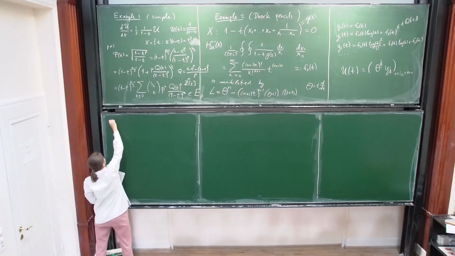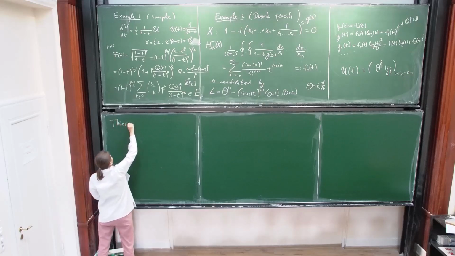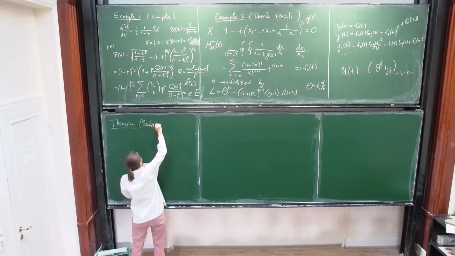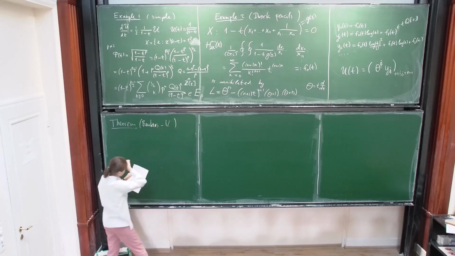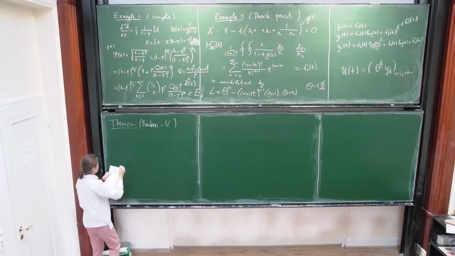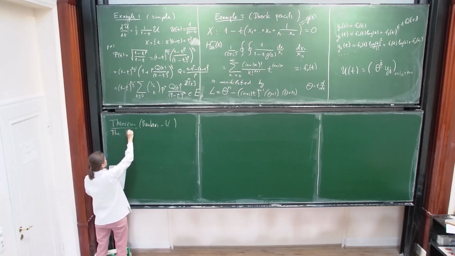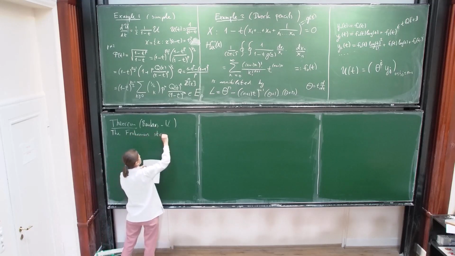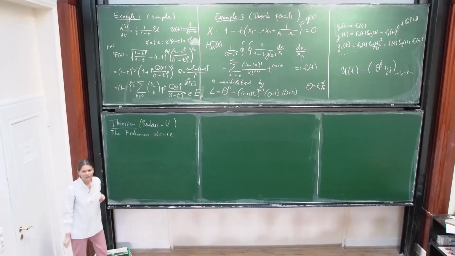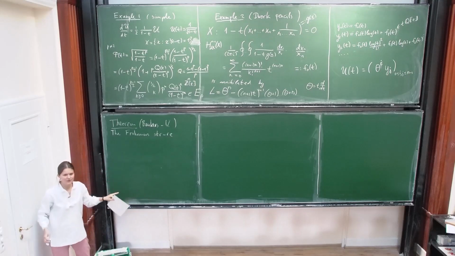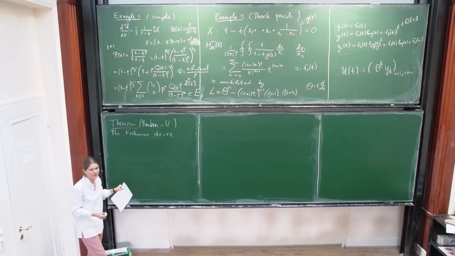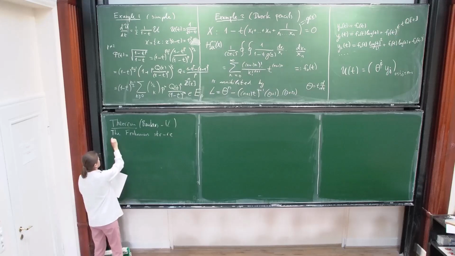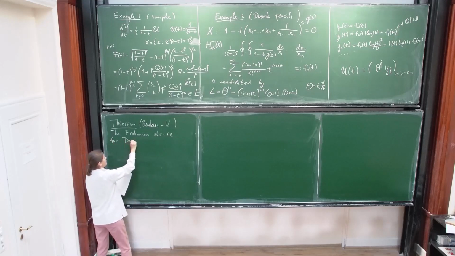So, theorem. The Frobenius structure. Oh, I didn't say that this phi of T, the family of Frobenius matrices, is called the Frobenius structure. It's in the title of my talk. The Frobenius structure for work tensors